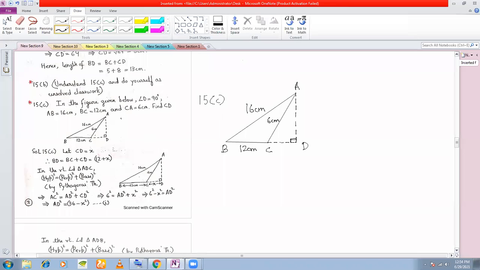Always read the question, even if the diagram is given with the labels, the lengths and angles. Sometimes one or two pieces of information are not labeled. So always read the question and check whether all the information has been given in the diagram or not. Then read the diagram according to your convenience. Fine. Here you need to find out the length of CD, this length, right? So now how will you find it? First identify how many right angles you can see. You can see the big right angle here, right? You can see this right angle here.